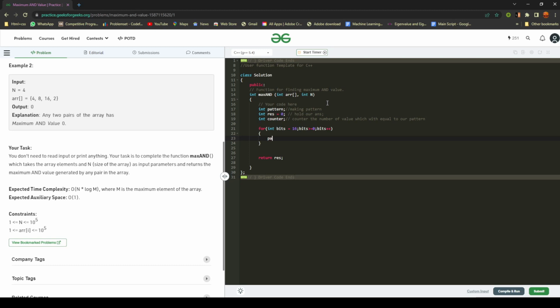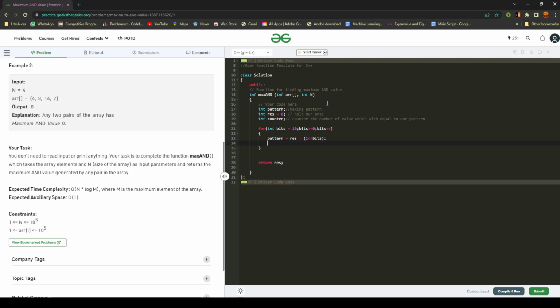So how are we going to make our pattern? We take the pattern and perform an AND operation with our result, which is our answer, so it will give us 1 right shift bits. Okay, after that